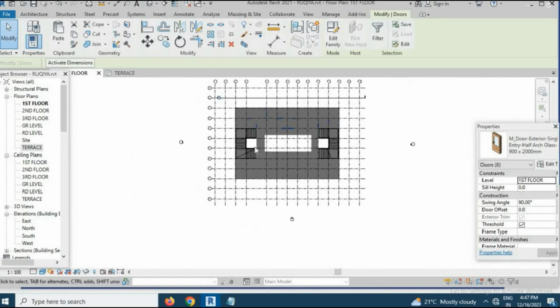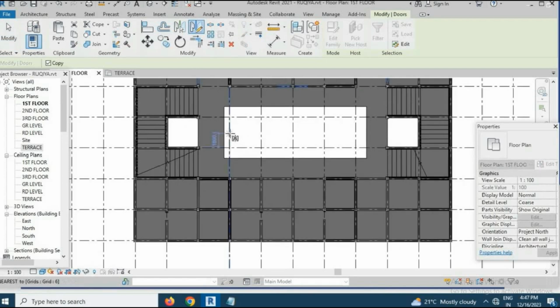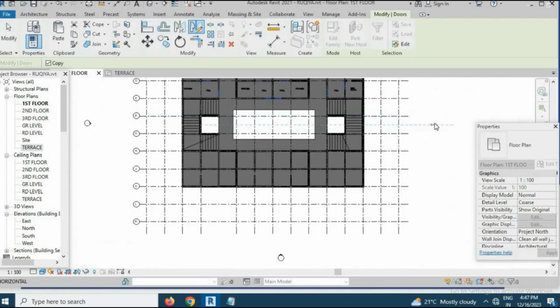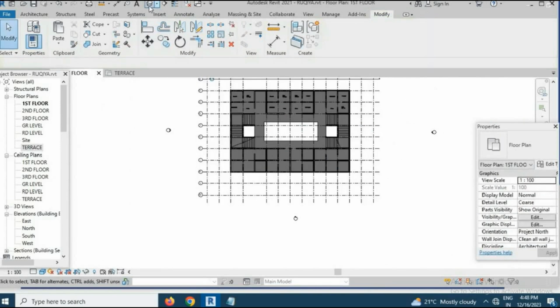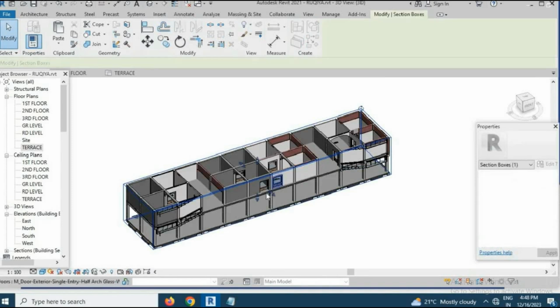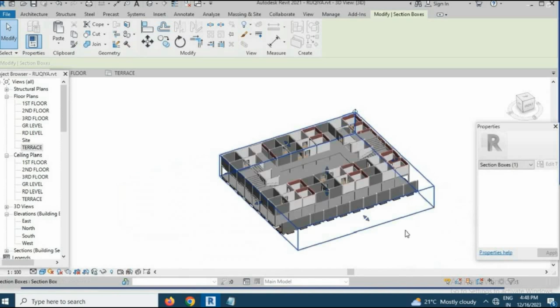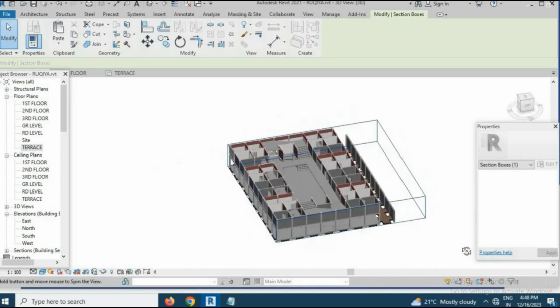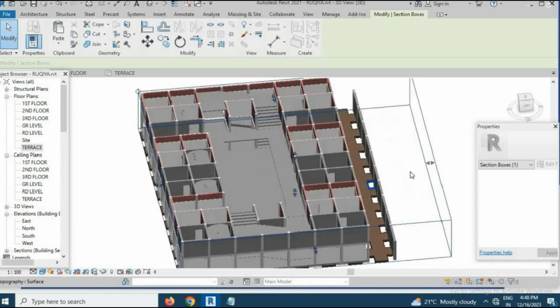I have selected them and then I'm creating their mirror, using mirror with draw axis. So here are the doors on the other side,